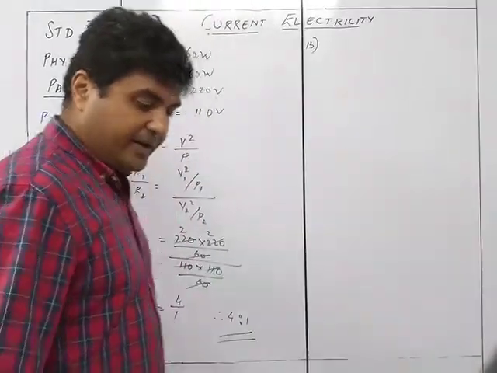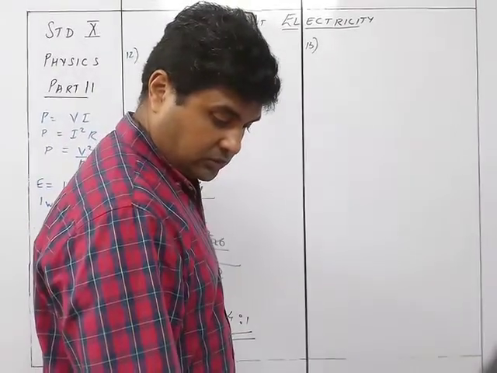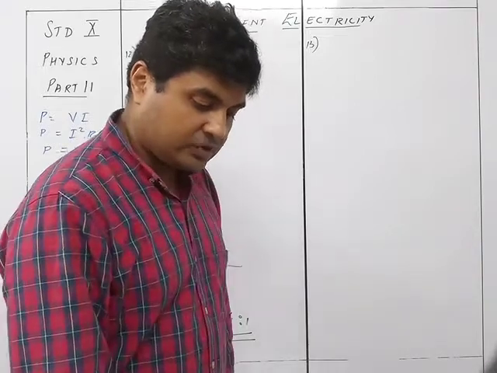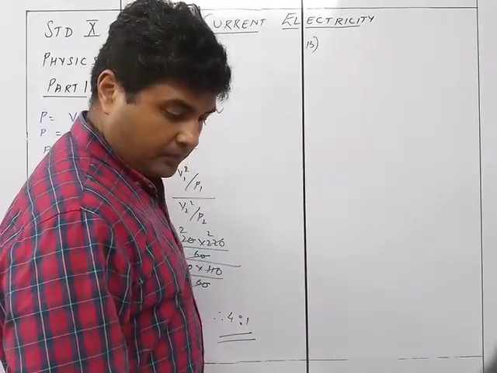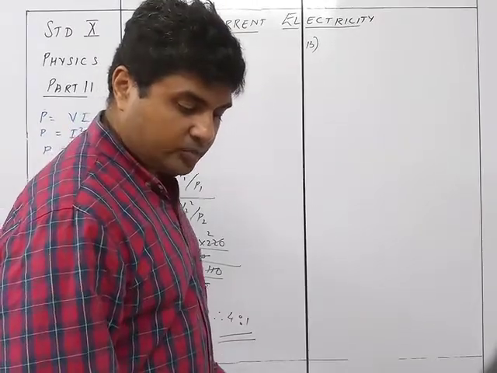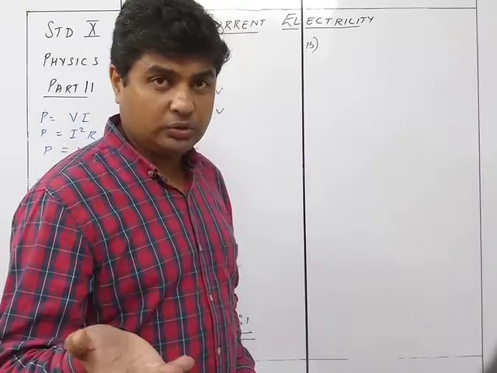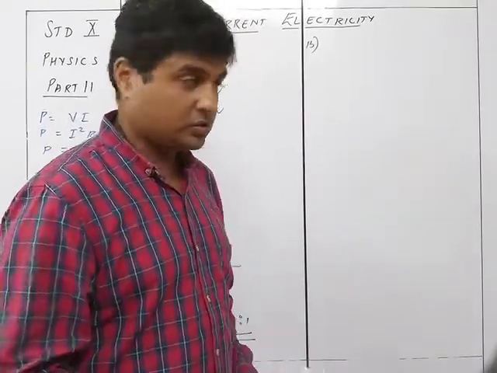An electric bulb rated at 250 watt, 230 volts. Find the energy consumed in 1 hour, and the time in which the bulb will consume 1 kilowatt hour. So very simple thing. Energy consumed, it's not electric energy, just energy consumed, so we find out in joule. If it had been electrical energy consumed, it would just directly be 250 watts. So it's a simple thing.